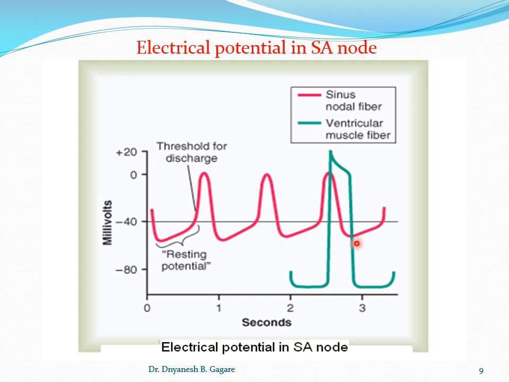Students, I would like to remind you that there is a spot in the exam, and one of the spots in the practical exam is this diagram or this picture, and the question was identify and comment on it. Already I told this in your lecture under the properties that comment means you have to compare the SA nodal potential or the pacemaker potential, which is shown in red color, with the ventricular potential or the plateau potential in the ventricle.